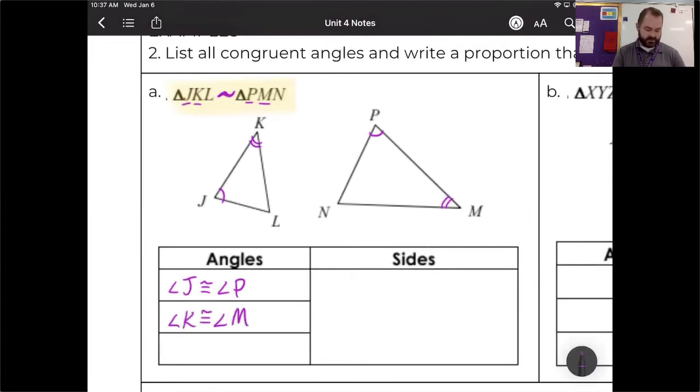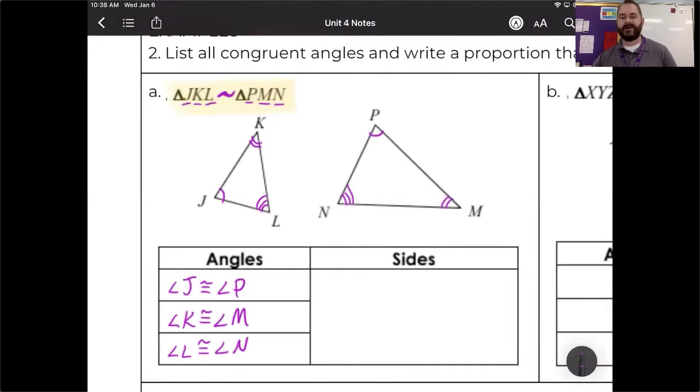And finally, angles L and N are corresponding, so they're congruent. Angle L is congruent to angle N. Okay? But notice that my chart looks a little different here when I come to talk about the sides. I'm not going to have three separate statements for the side comparison. I'm going to have one long proportion, and we could call this an extended proportion because there are three pairs